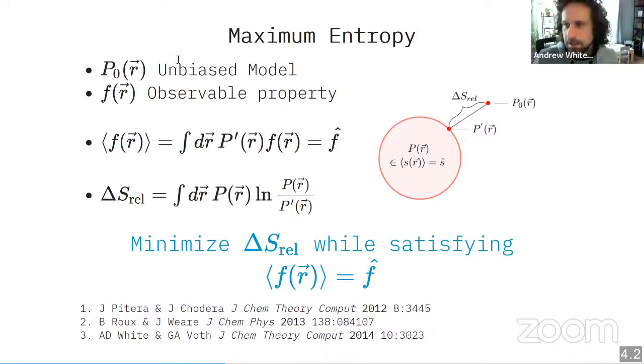Okay, sorry. So then what we do is we bias to agree with it. So it's a constraint. The constraint is that we agree with that observable, and we're trying to minimize or maximize